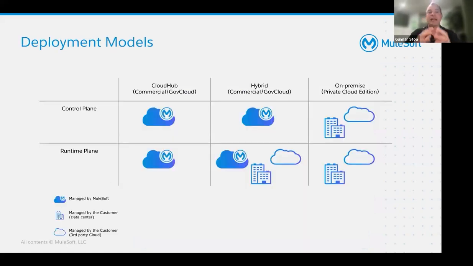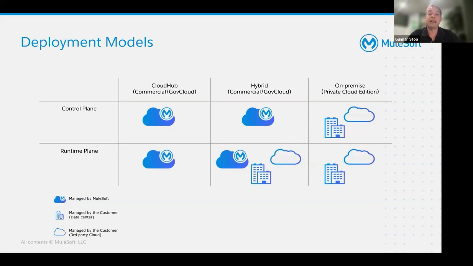But let's just take a look at how we explain to our clients these different models. On the far left, we've got Cloud Hub, which is MuleSoft's completely hosted environment for both the control plane and the runtime plane. So any API that you create and implement can run completely hosted by MuleSoft. In the middle is a little bit different, where the control plane is hosted by MuleSoft, but the runtime planes can now be distributed across many different